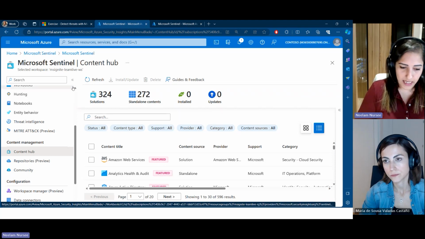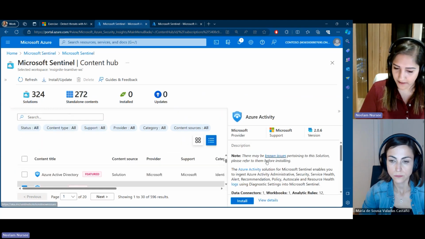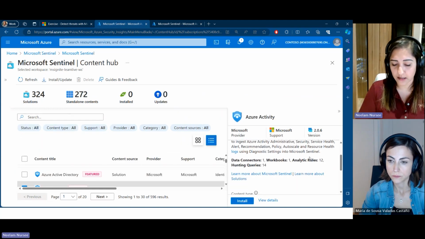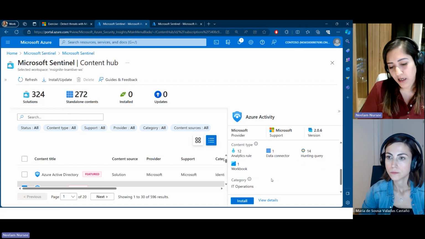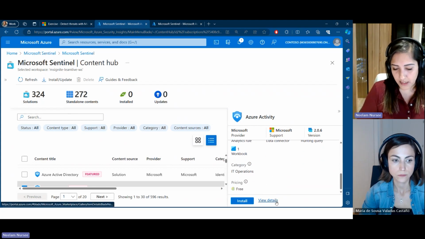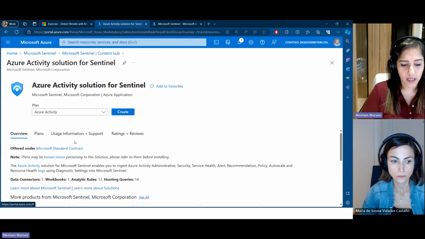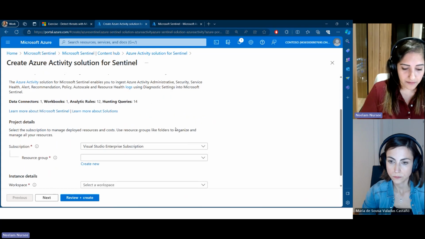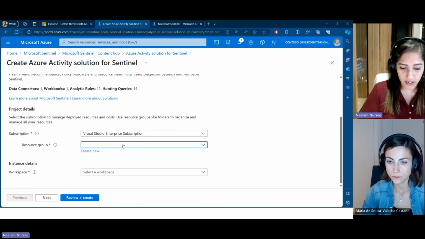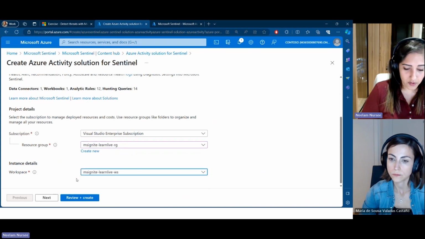So let's go ahead and deploy our first solution, which is the Azure Activity. You can have a look at what it does here, and you can see the content type that it contains. And if you want to go into further details about it, you can go ahead and click on View Details. You can go ahead and click on Create here, which will bring you into a configuration page. Here I'm going to pick my resource group and pick a workspace